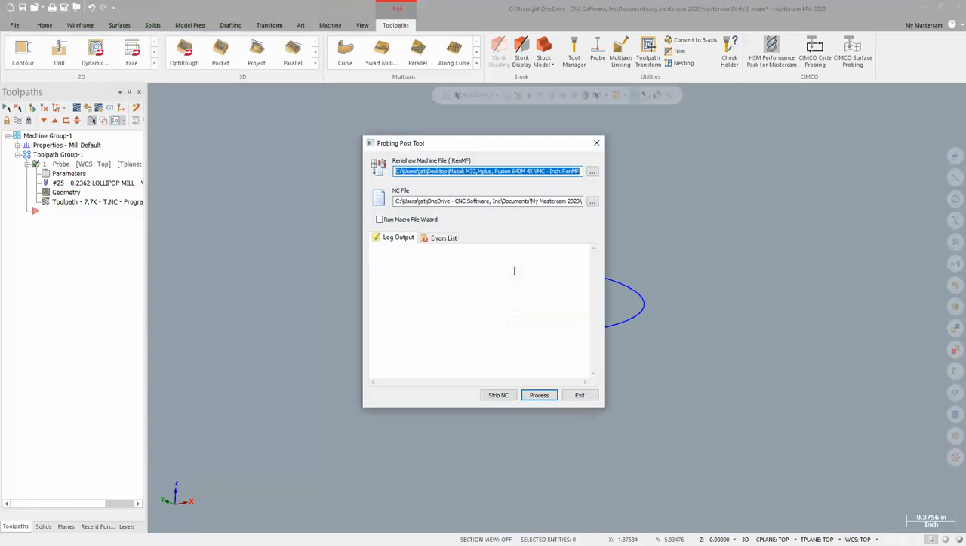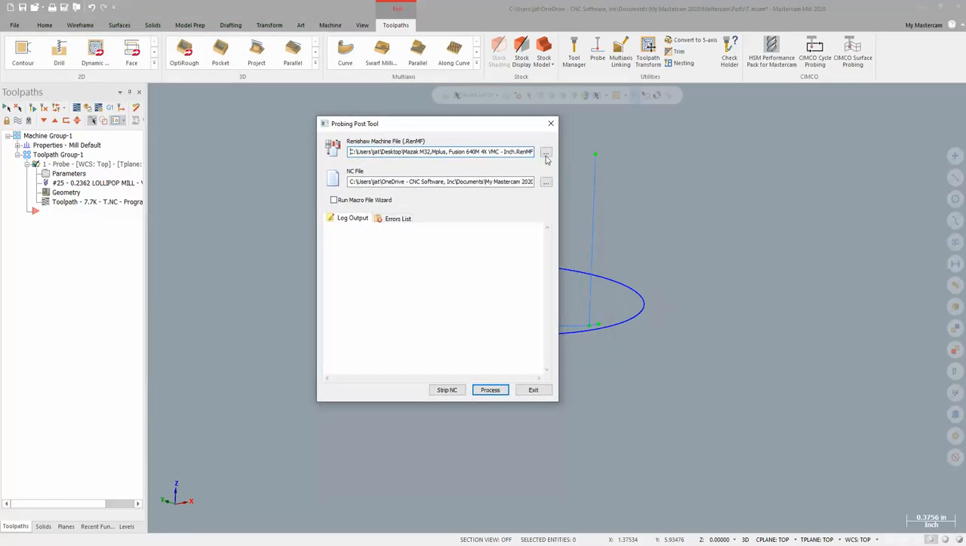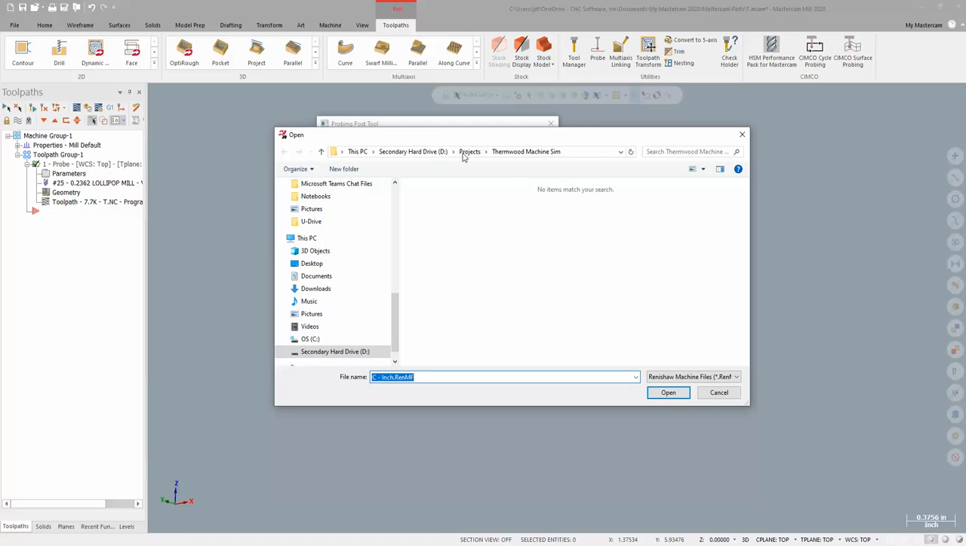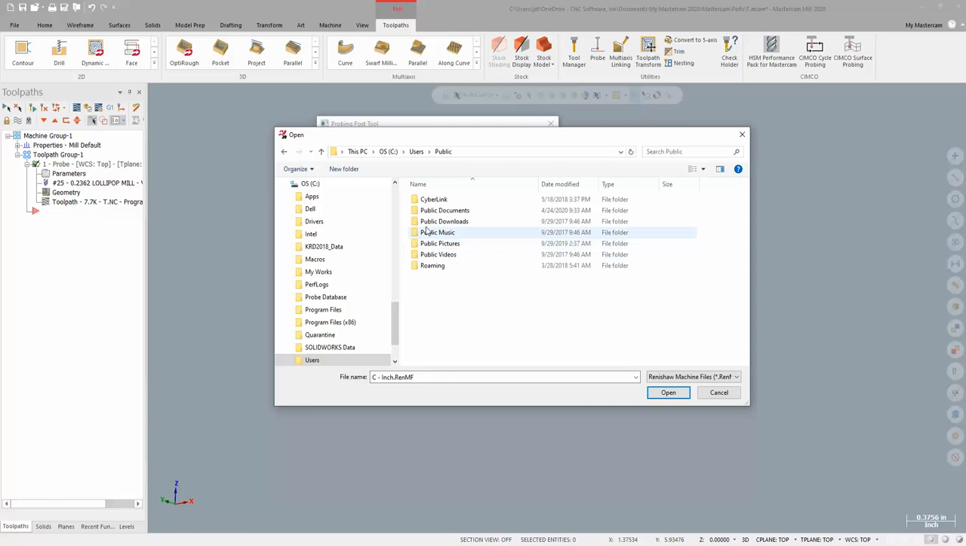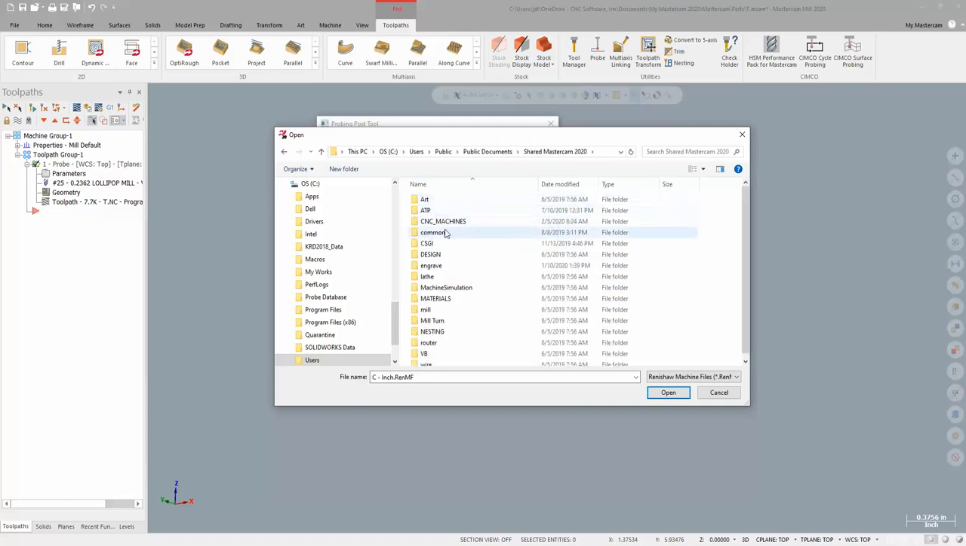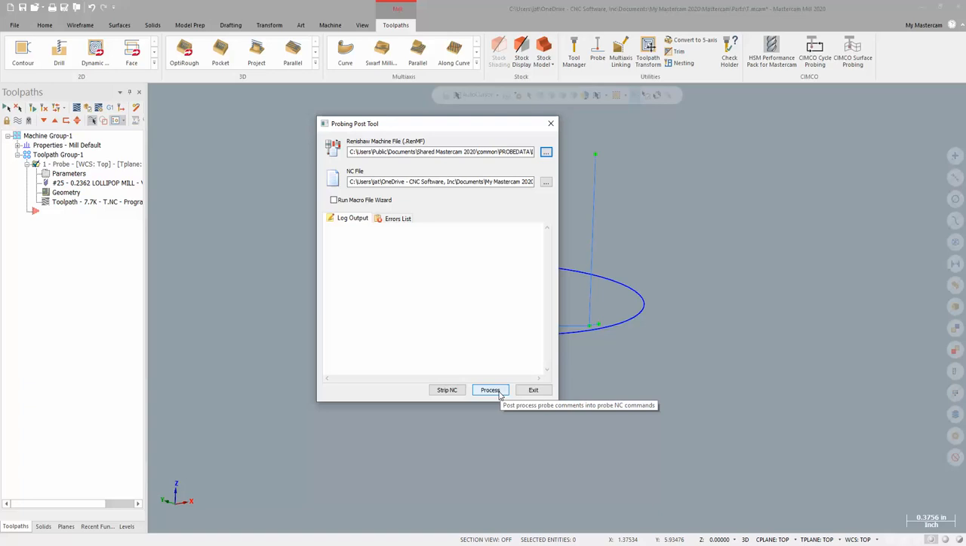So when I post this out, I get the probing window here, right? And I'm going to use, let me go back to my C, users, public documents, shared 2020, common probe data. This is where the macros or the RenMFs install by default. So I use this default inch. If I hit process,